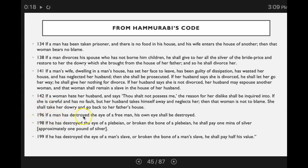Here's 196: if a man has destroyed the eye of a free man, his own eyes shall be destroyed. If he's destroyed the eye of a plebeian or broken the bone of a plebeian, he shall pay 1 mina of silver. If he has destroyed the eye of a man's slave or broken the bone of a man's slave, he shall pay half his value. So some interesting laws that were already in place even back during this Sumerian